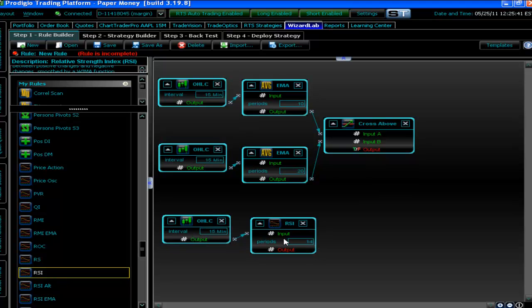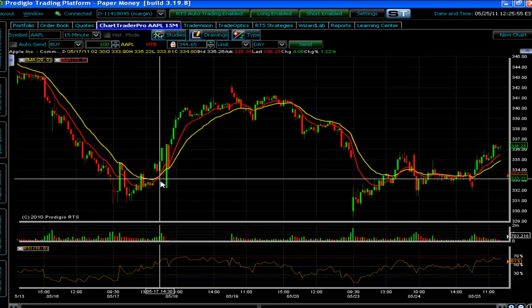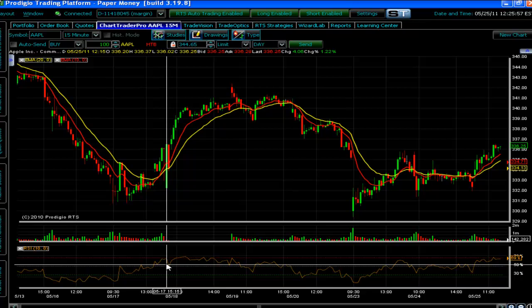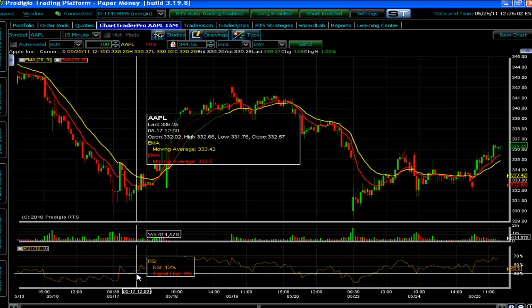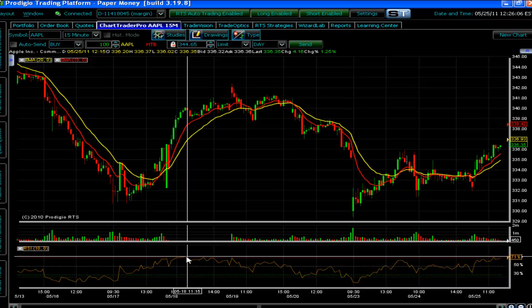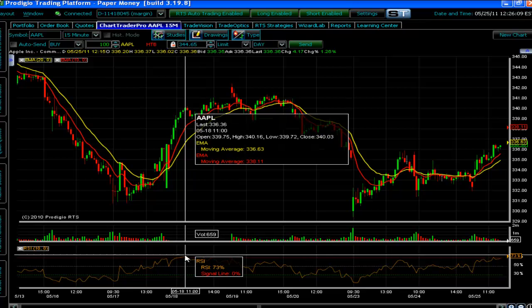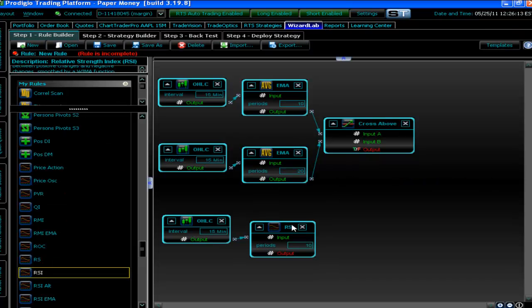Right? So for example, I've got my RSI, and that was a 10 period, so I can edit the number of periods by dropping down to 10 period RSI. Right? And so I'm looking at my chart right here, and I've got an exponential moving average crossover and a 10 period RSI. With the RSI, I want to express something such as, I want to make sure it is below 30 or greater than 70, or some kind of logic in order to take advantage of the 10 period RSI study. So if I go over into Wizard Lab,